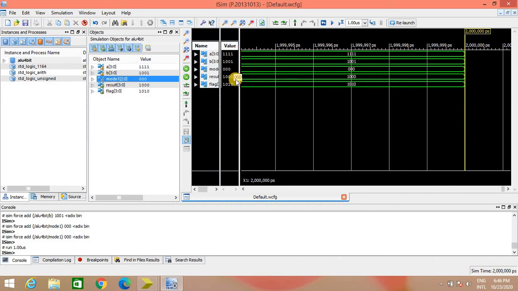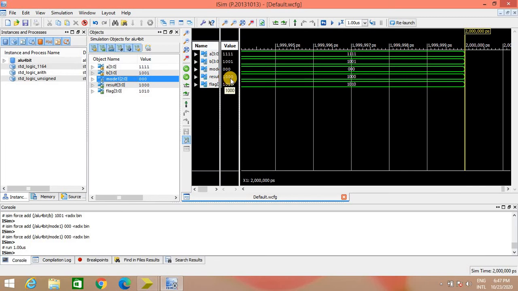When we are adding these two bits, 1 plus 1 will be 0, and a carry will be generated. Again 1 plus 0 plus that carry, the result will be 0. Again 1 plus 0 and the carry generated, that is 1, so the result will be again 0. Again a carry will be generated. So it is 1 plus 1 is 0, but with that carry, this particular bit will be 1, and one more carry is generated. But obviously the result is 4 bits, so the result is showing as 1000.